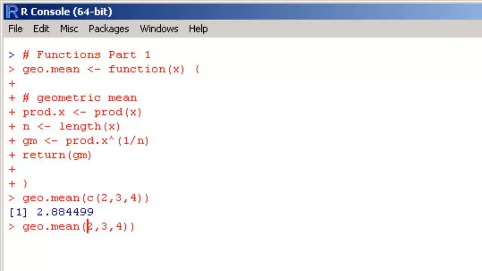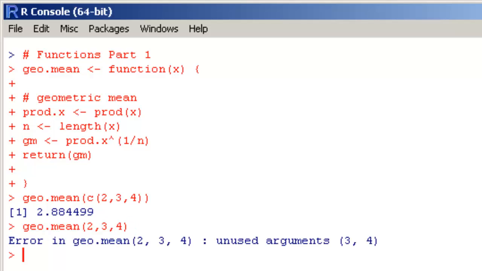Something like this will not work, because we are passing 3 arguments to this function, but when we defined this function we gave only 1 parameter. You can compute the geometric mean of as many numbers as you want, but you have to pass all the numbers into a single vector itself.